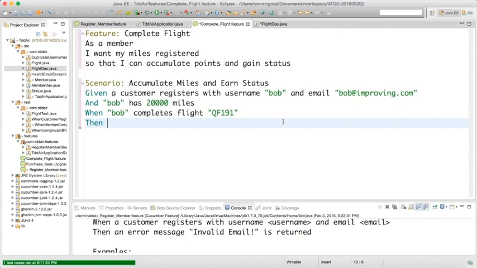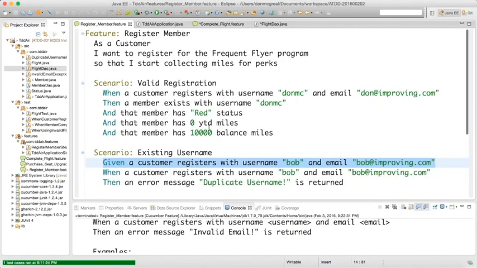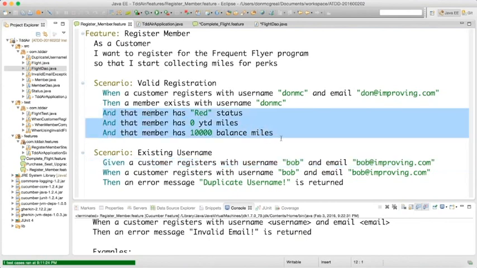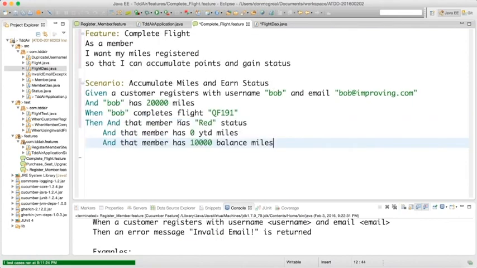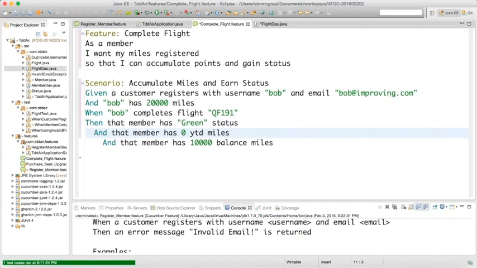So then I could say, and again, these are called steps. I want to be able to use some of the steps that I've used in the past. So we've already got a bunch that just measure their status when we did the registration piece. Where they started with red, they had 0 miles, 10,000 miles, when we just went over. So I'm going to just borrow this. So if I said something like, then that member has green status, which means he got upgraded, and that member